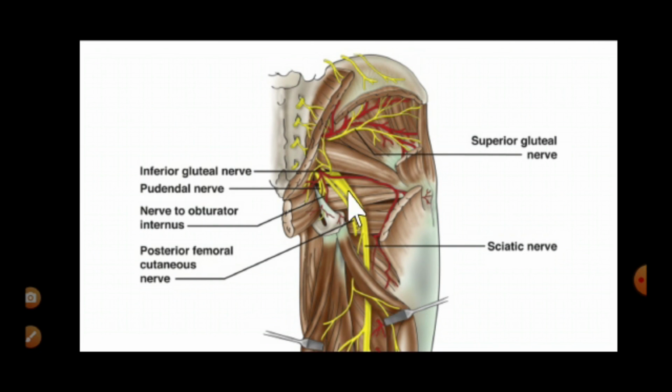So this is an enlarged view. We can see the piriformis muscle here. Above the piriformis muscle we have superior gluteal nerves and vessels. Below that we have this big nerve here, that's the sciatic nerve. Then we have the posterior cutaneous nerve of thigh. Here the inferior gluteal nerves and vessels. Then internal pudendal vessels, pudendal nerve, nerve to obturator internus, nerve to quadratus femoris. All these structures will be passing through the greater sciatic foramen.